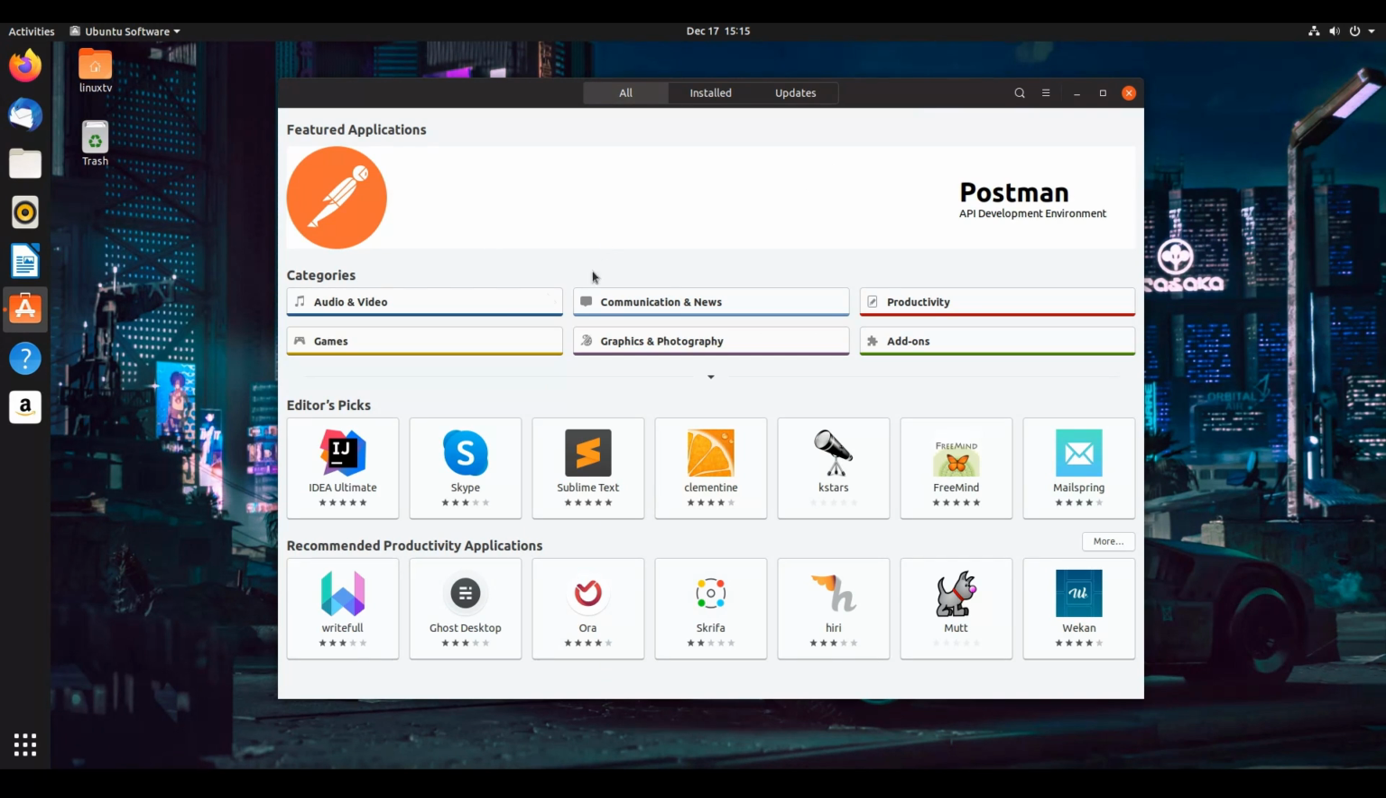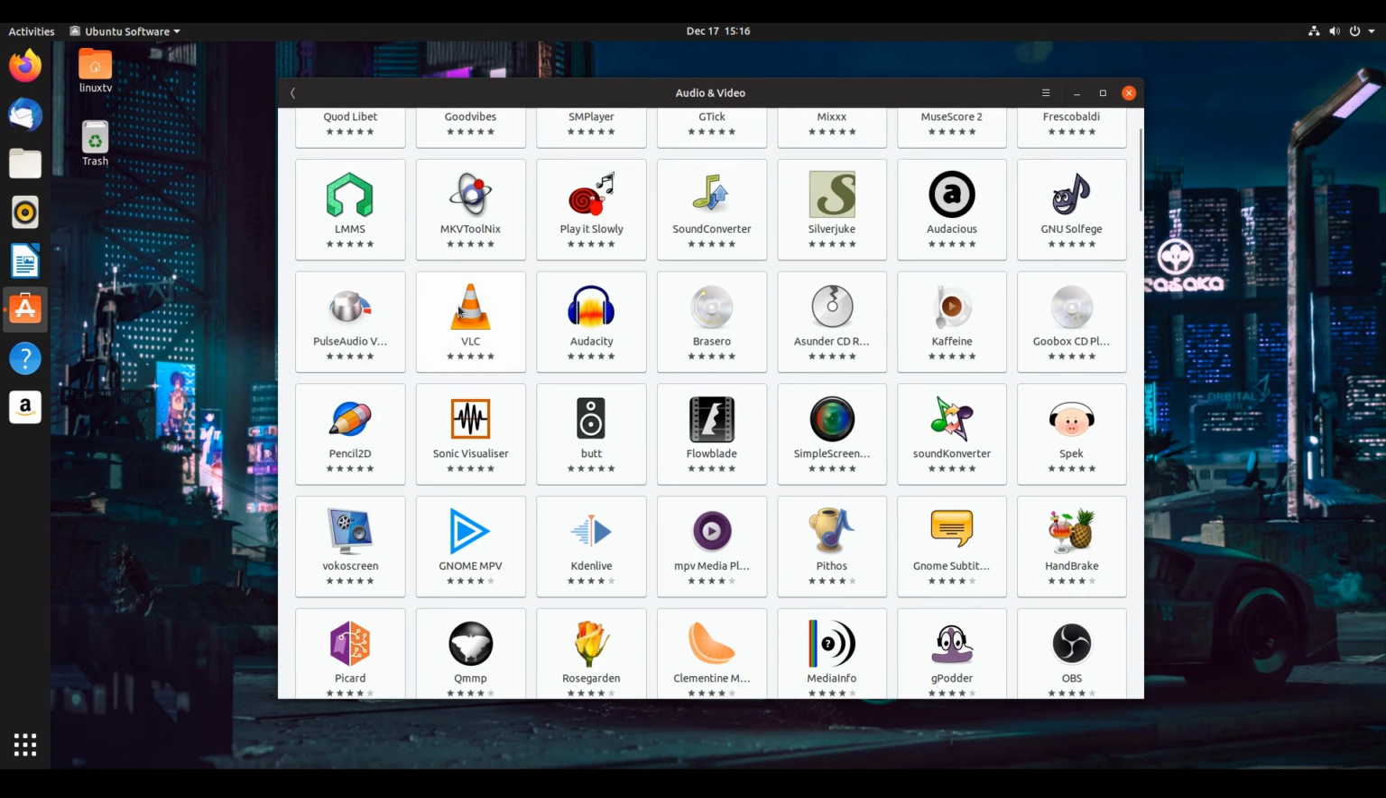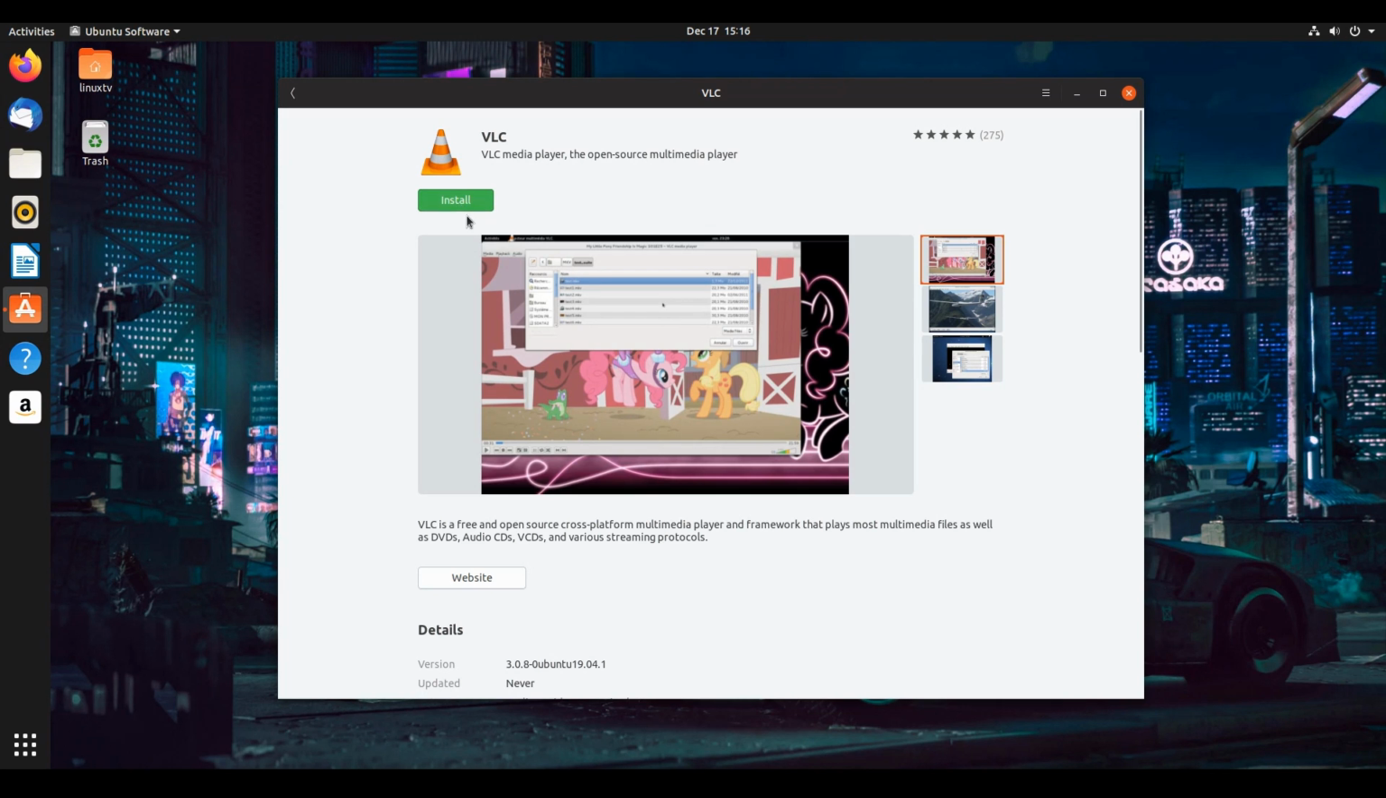Okay, so let's install something. So I brought this up in the first video, but I'm going to go into this in more detail now. So let's say I want to install a different video player. I'm going to click on Audio and Video. And VLC is a very popular player, so I'm going to left click on that, and I can simply click